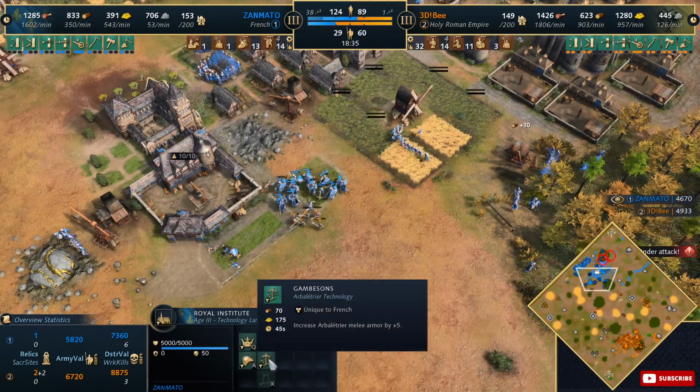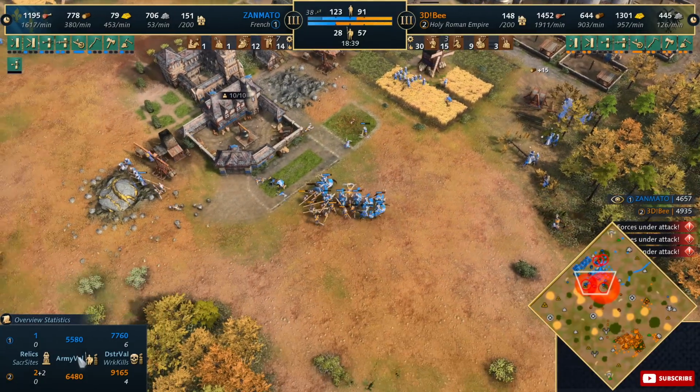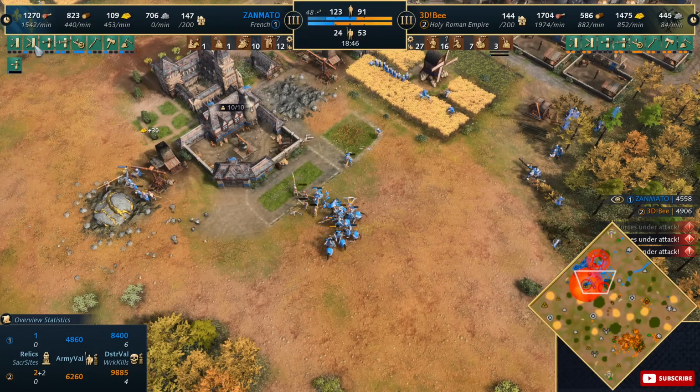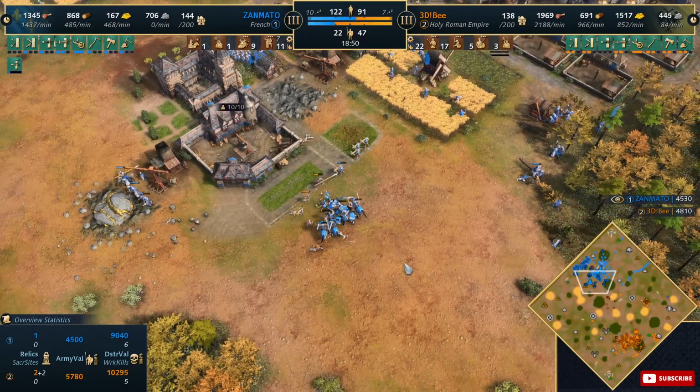And still, no garrisons in here for Vortex. Interesting. I mean, it's actually cheaper to get garrisons than just get 2 melee defense. But I mean, I guess the melee defense from the blacksmith does also affect knights. So